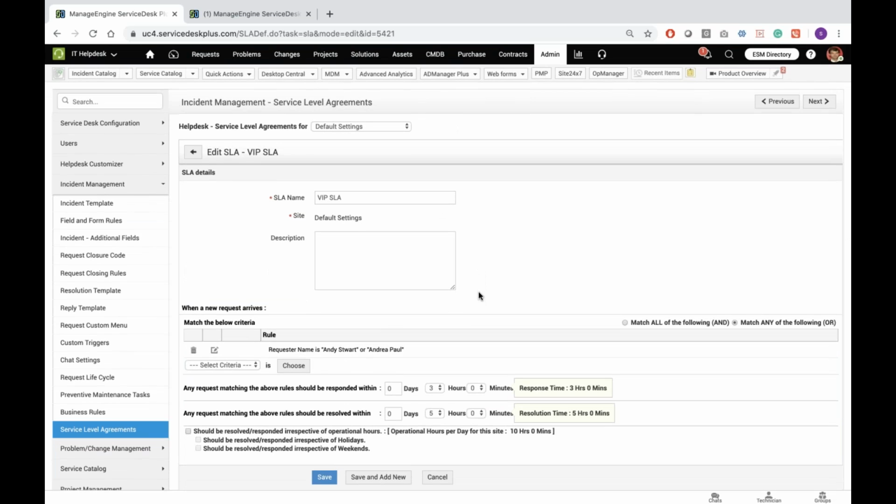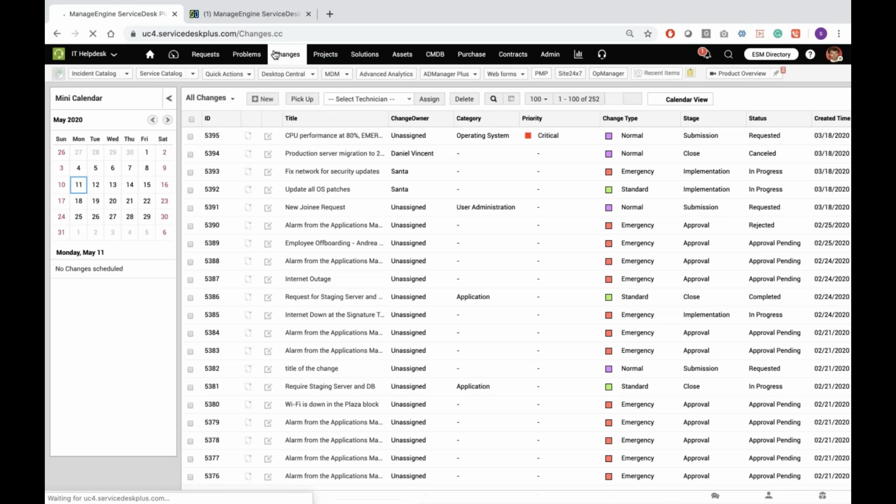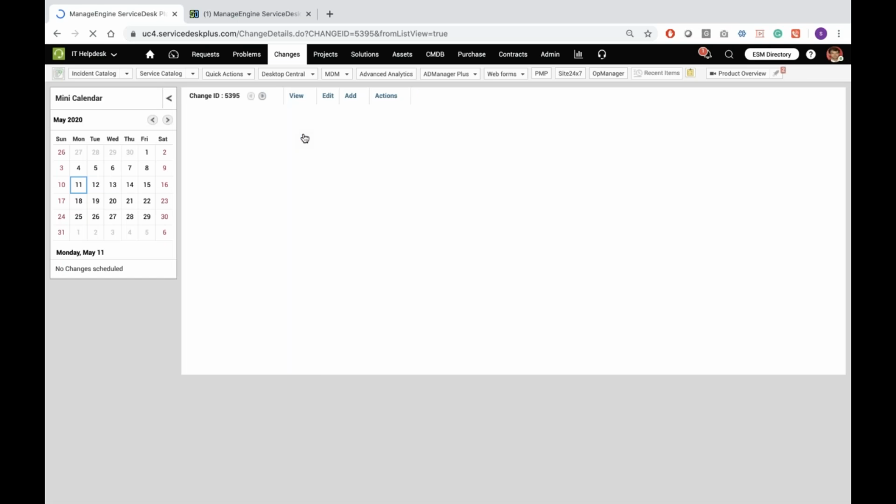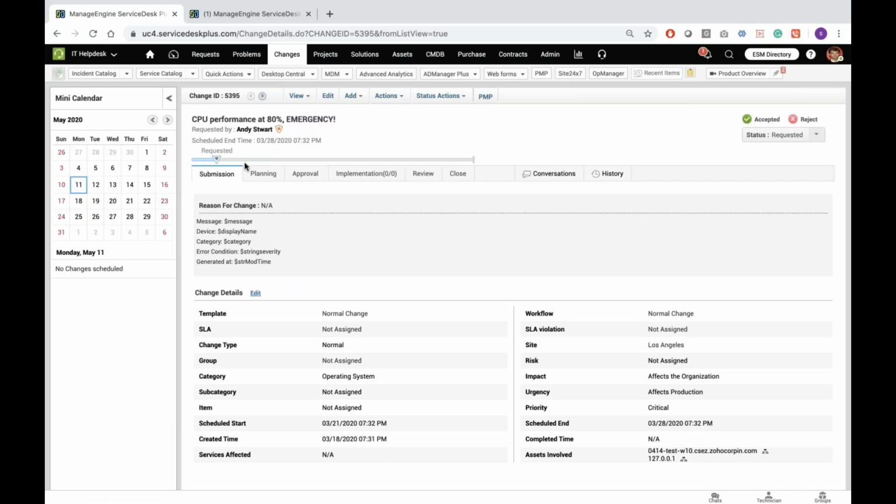Now, just as we've discussed for request management, we have incident and service bifurcation, then templates, workflows, and SLA management that tag along with the incident process. Next comes the change management part. In the change management process, we again have templates. We again have workflows that you can configure for the change. Whenever you create a change record, the change record has its own workflow.